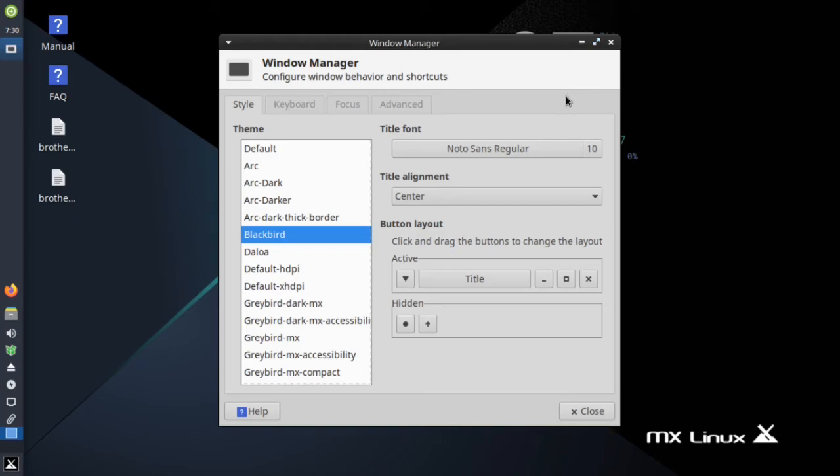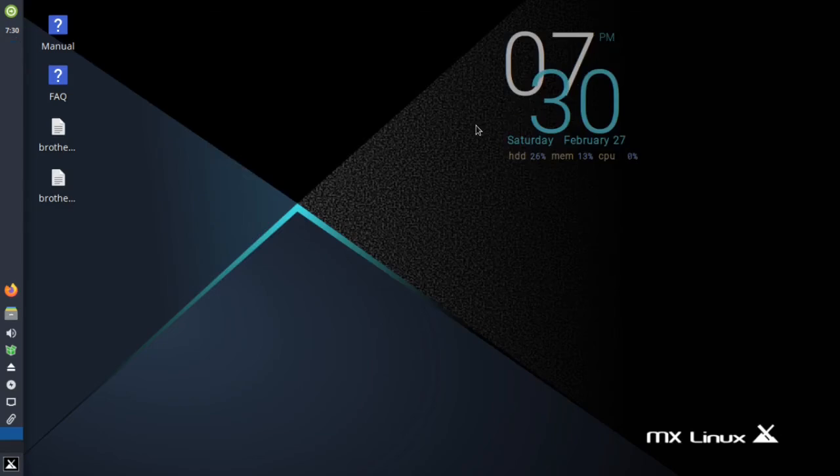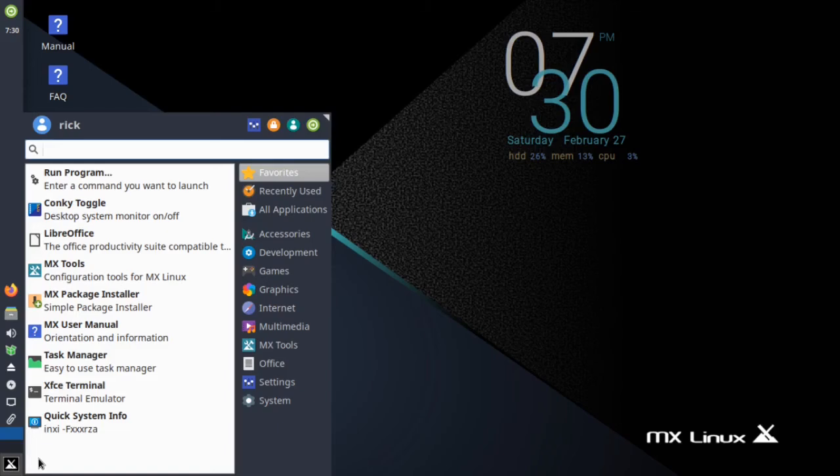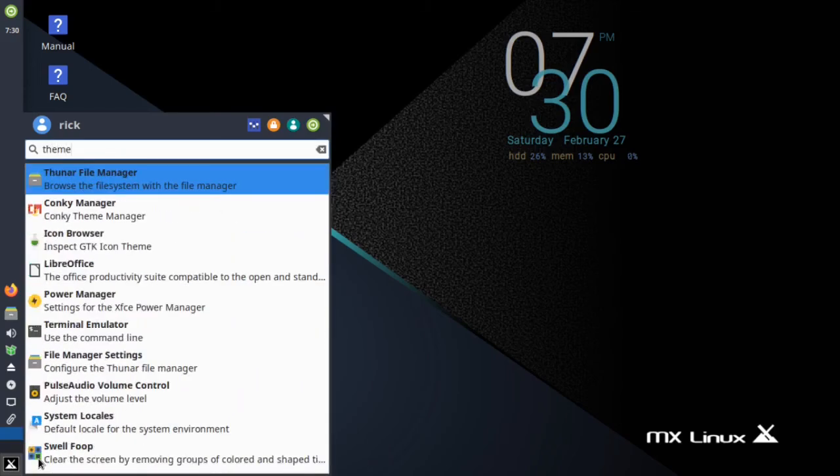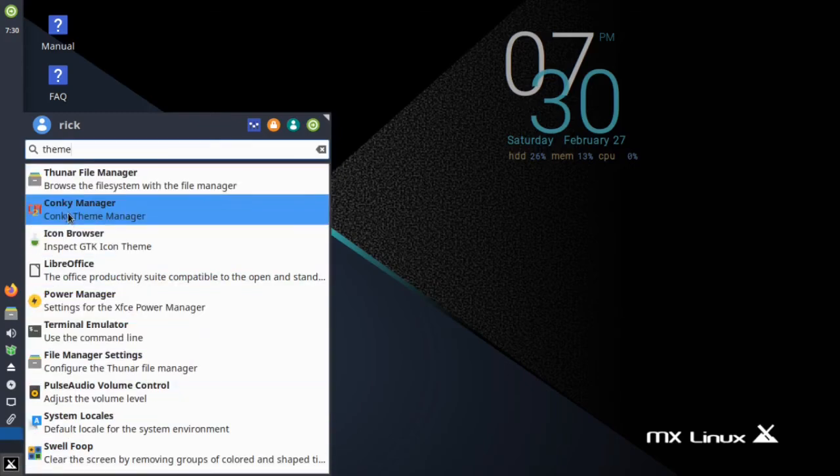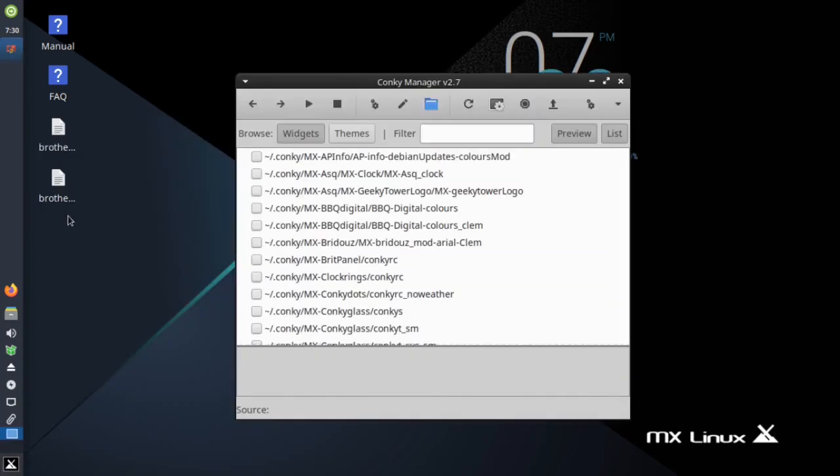So that's how that works in the Window Manager. Change the themes in the Window Manager that way. Yeah, I noticed in XFCE that everything seems to be spread out over the whole thing. And when you type in themes on here, I don't really get anything other than the Conky Theme Manager. I really don't know if that just is if it